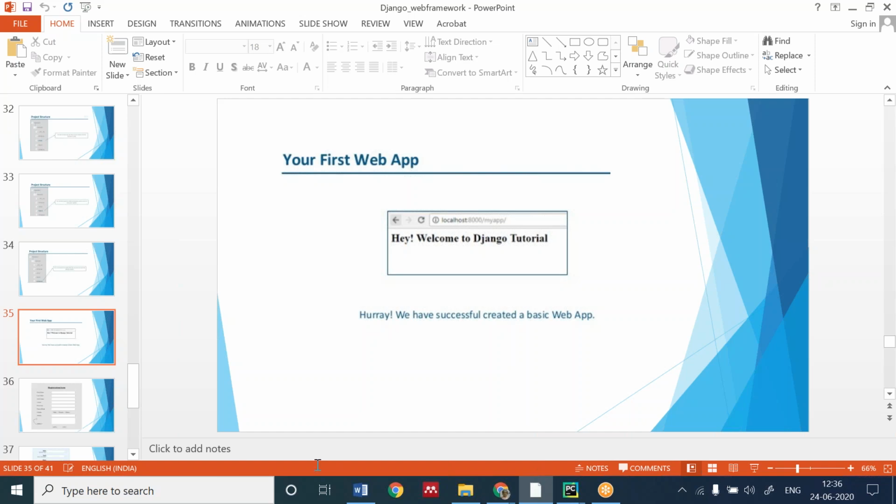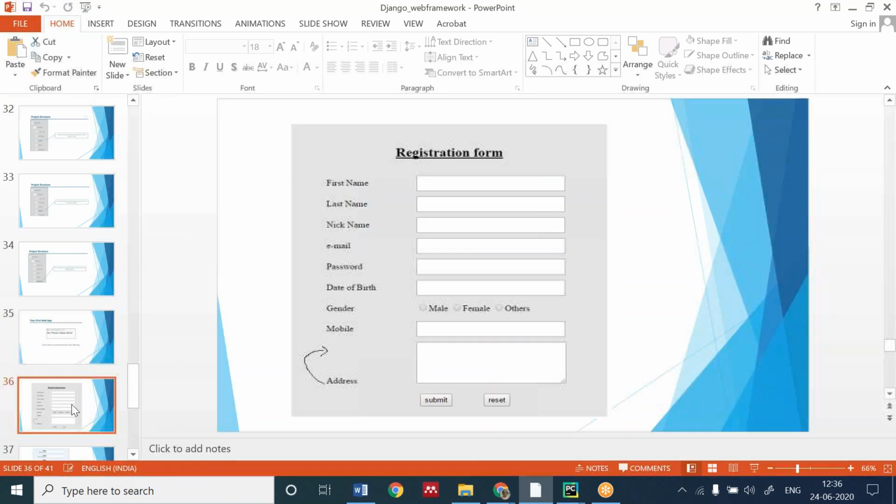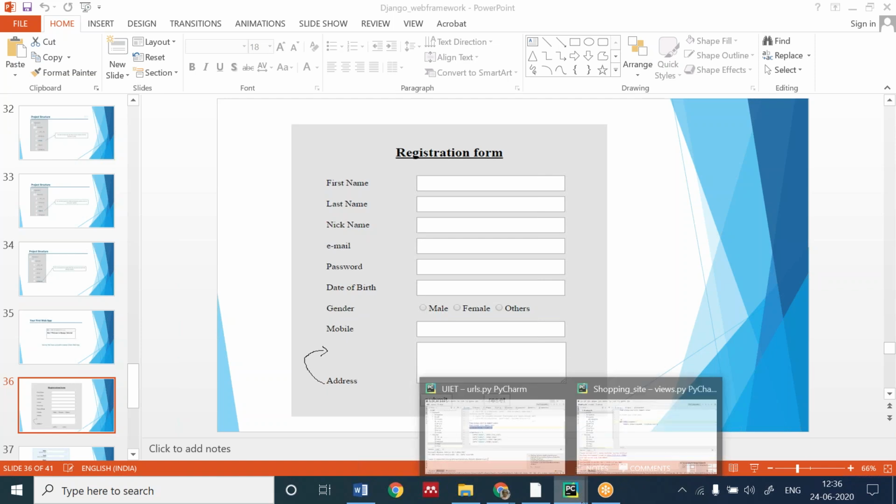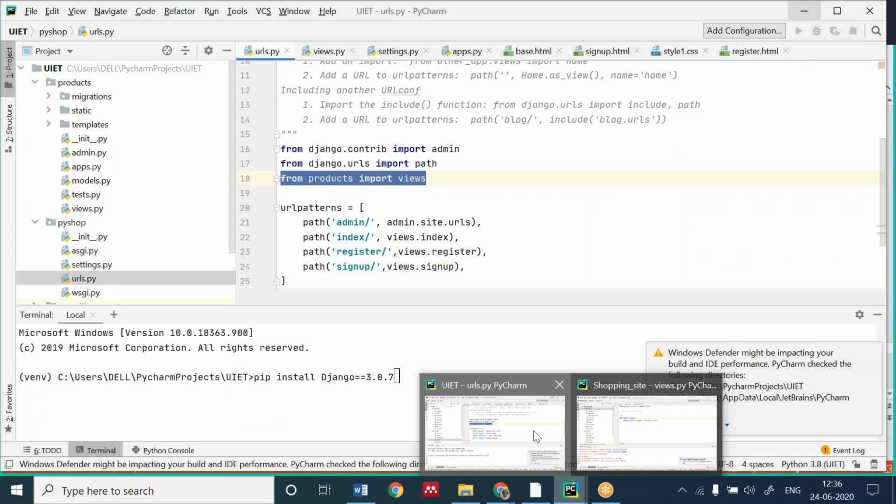Okay, good. So I'm giving you this form. I will show a hint of how you can make it. If anybody does not know, she can take help from this. You have to make this registration form. I will be showing you.